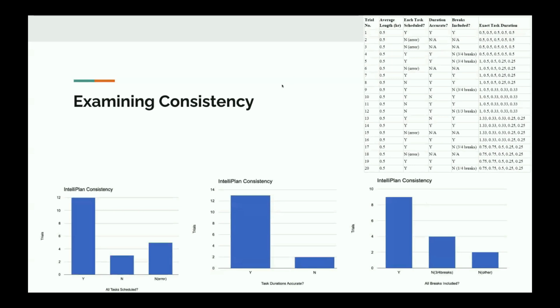Okay, now we'll go back to the PowerPoint. So these are my experiments, which was mostly examining the consistency of my app and how well it worked. As you can see in the top right, this is how consistently it worked with 5 tasks of varying lengths, all with an average length of 0.5 hours across all 5 of them. And you can see it scheduled all the tasks